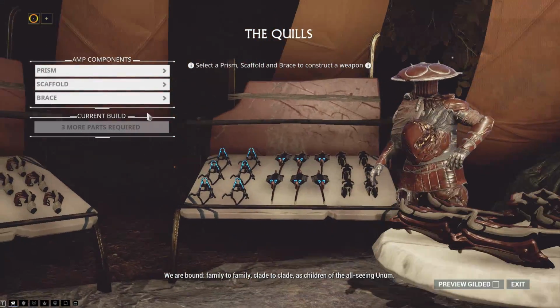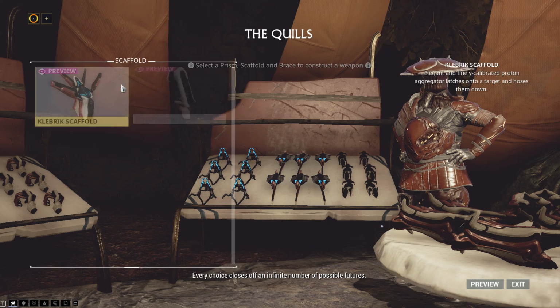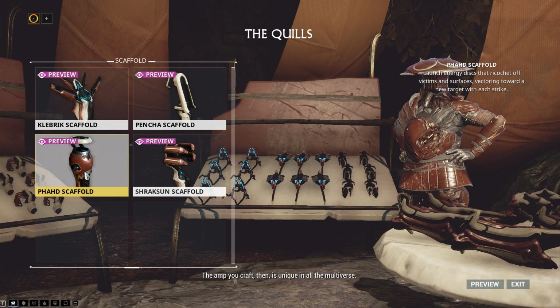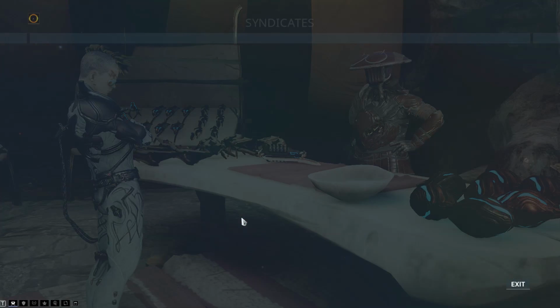And I will go to the assembly side of this because there is a new prism, the RAM prism. There's also the new scaffolding, the FAD scaffolding, and there is a new brace, which is actually the one that is selected. This means there is technically a new amp, which is needed for taking on the Eidolons, and this is problematic, and the reason that this video started like this simply comes down to the fact of, well,